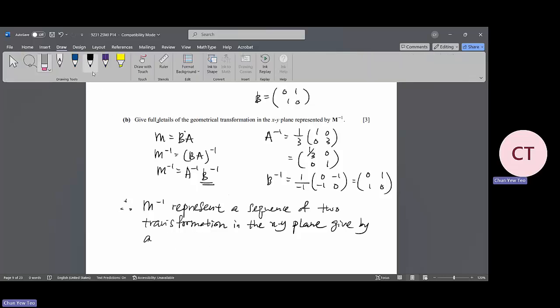Given by a reflection in the line y equal to x,